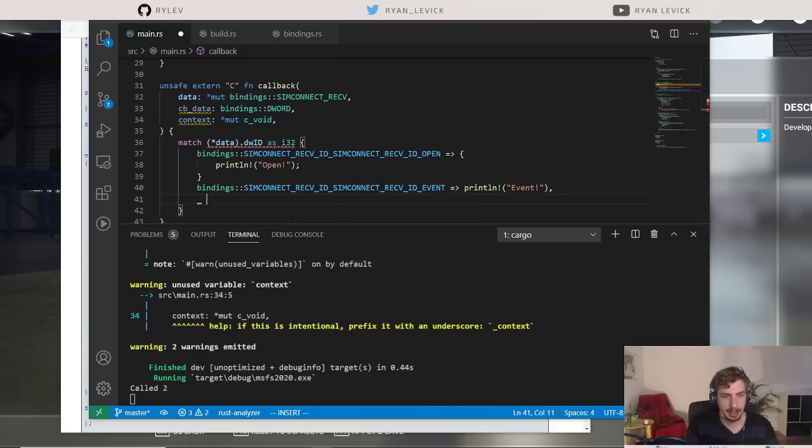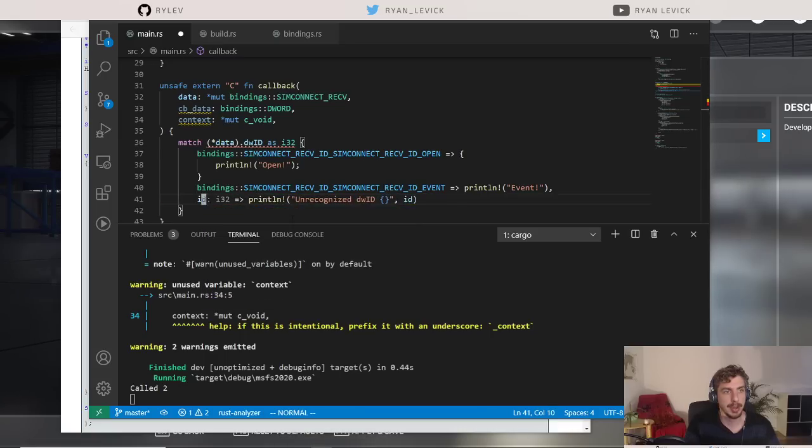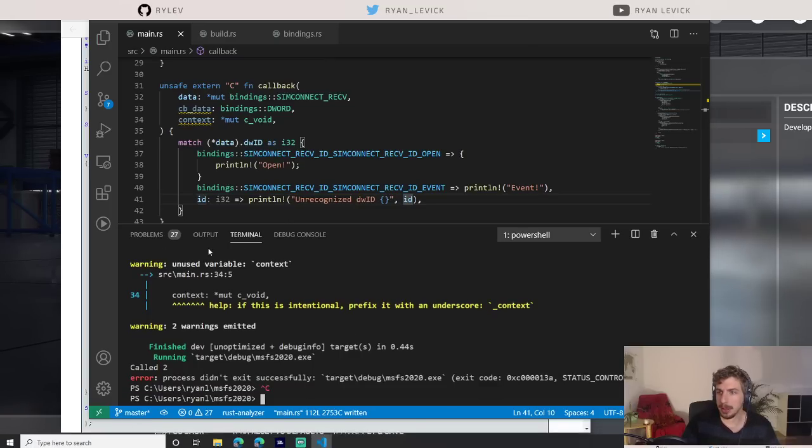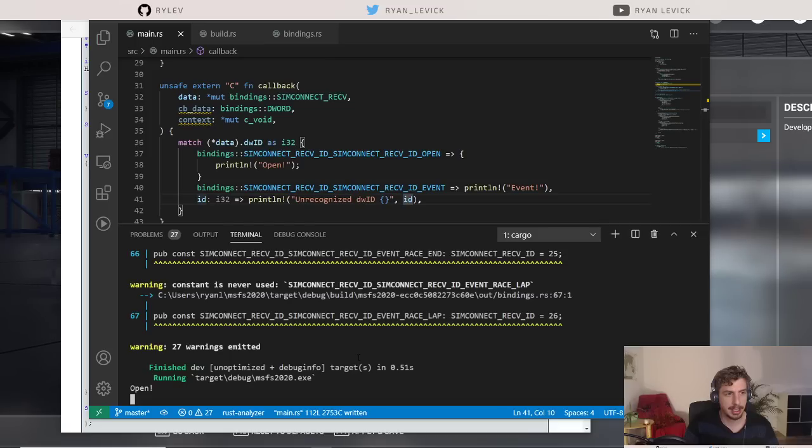And we still need an else case here. Unrecognized DWID. And so we'll do that when we don't recognize the ID. All right. So we're reaching the end here. Let's actually try it. Open is called. Let's try and trigger this brakes event